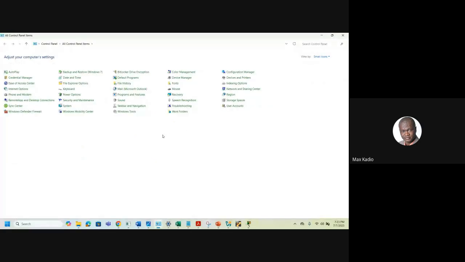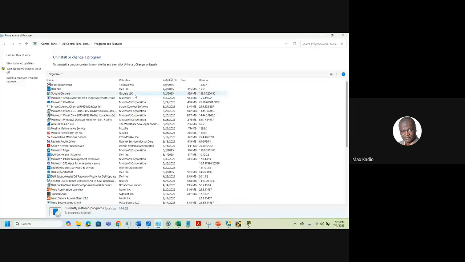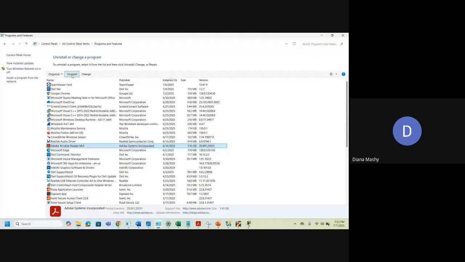For example, to view all the software you installed, you follow the steps. They say come here, do this, and you click. These are all the software you installed, the names, when you installed, the size. If they ask you to remove something, let's say Acrobat, you click on it and click uninstall. So for 10 and 11, you check what we say and practice with your laptop, that's all. Okay, thank you.